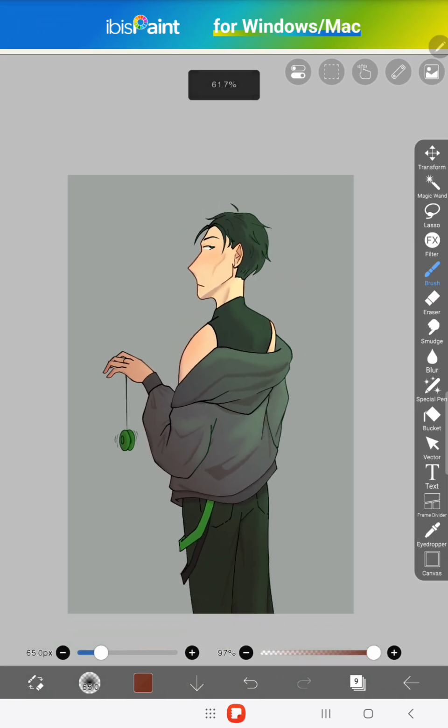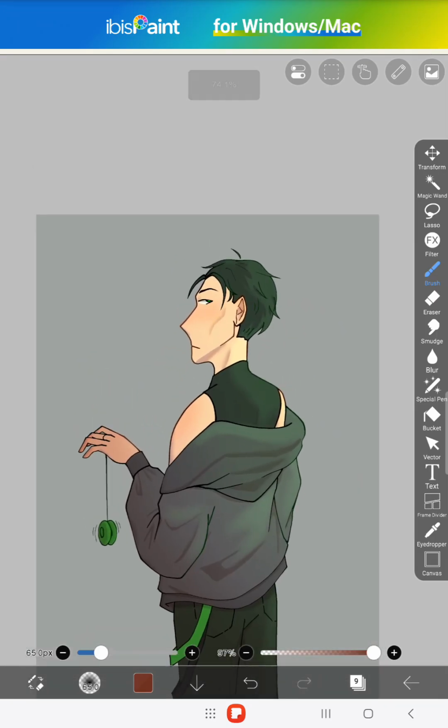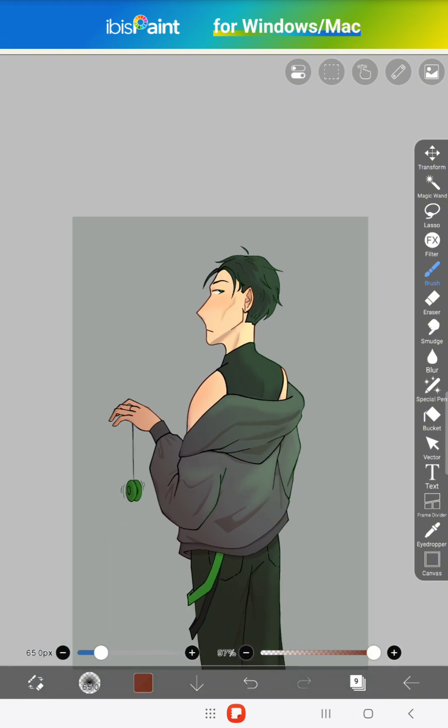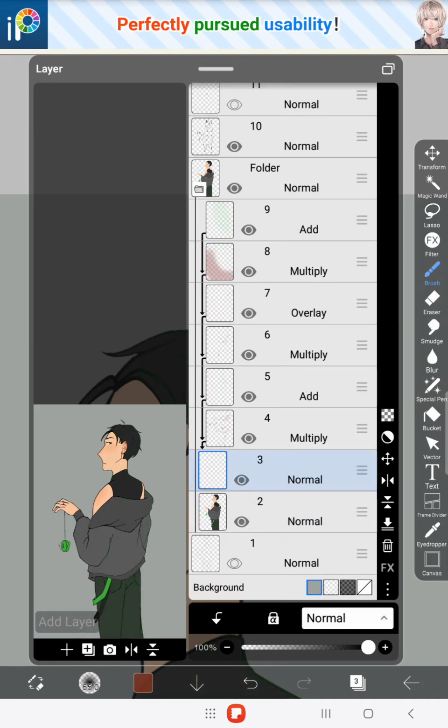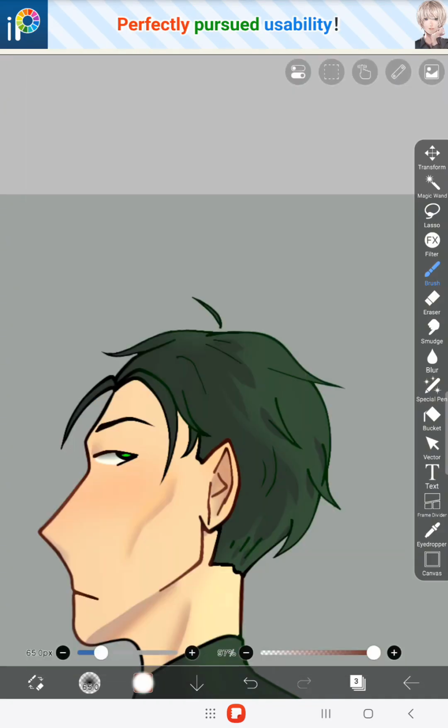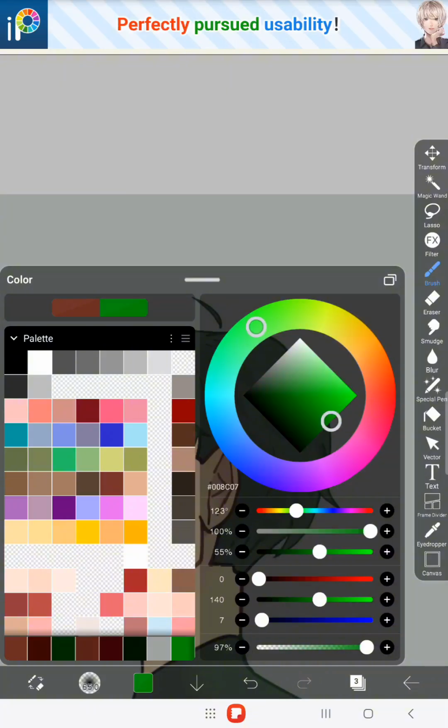And yeah, that's pretty much what I do. I'm trying to think. I forgot the hair. Since I forgot the hair, we're gonna do a very simplistic version. I can do hair nice and detailed, but what we're gonna do